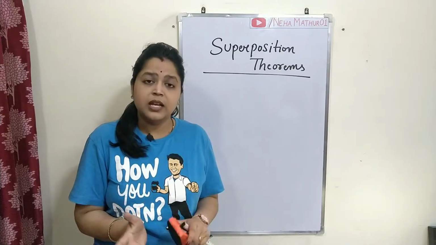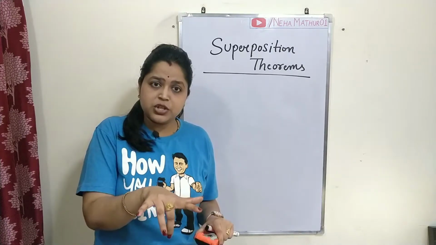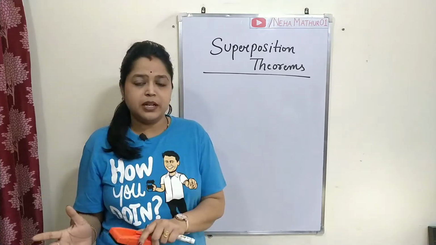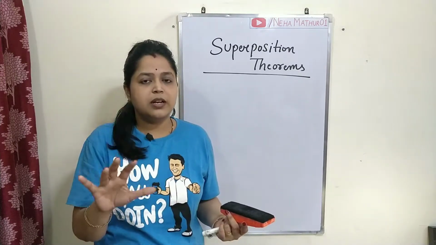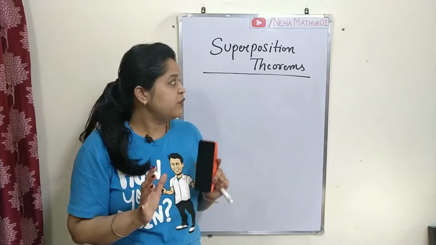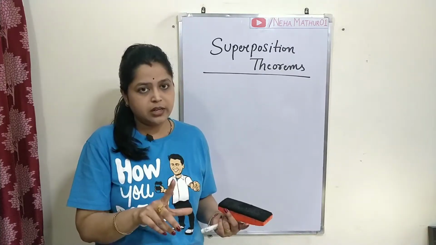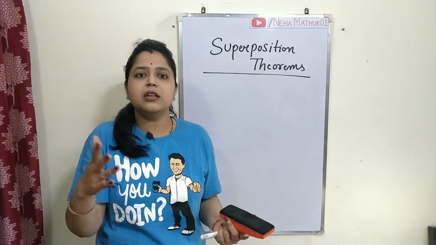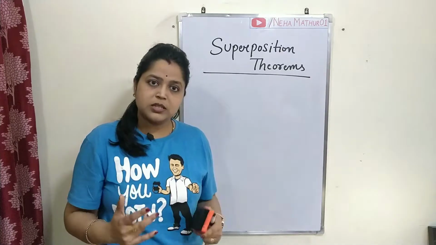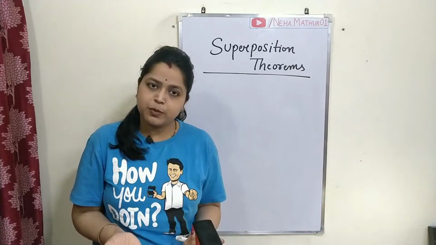According to superposition theorem, if you have multiple independent sources, voltage sources and current sources, in your circuit, that particular complex circuit can be converted into an equivalent circuit by eliminating all the individual energy sources, maintaining a single source at a time. So if you have multiple sources, you consider one energy source at a time and eliminate the remaining energy sources at that time. Similarly, you follow all the steps for all the individual independent sources and you can find your response across